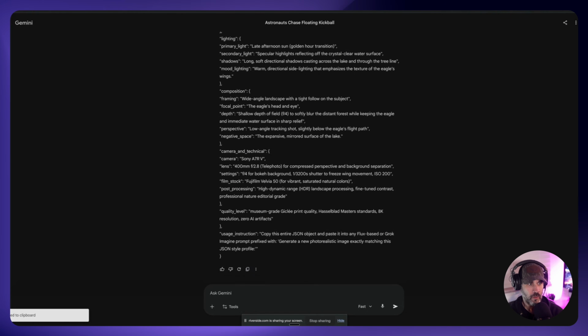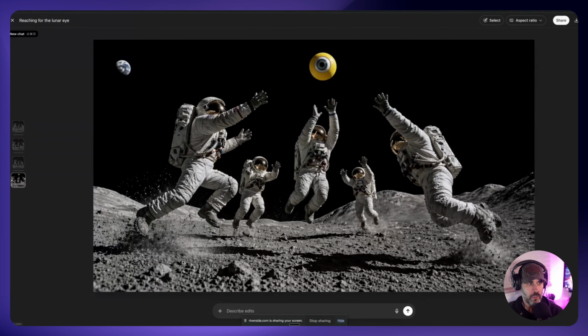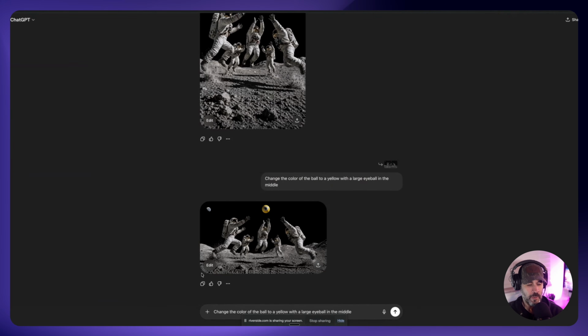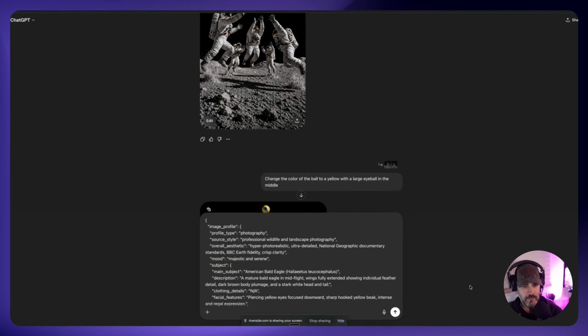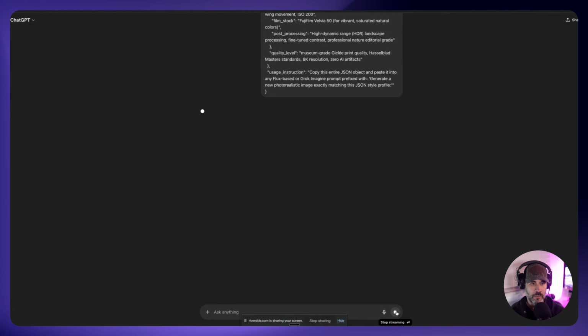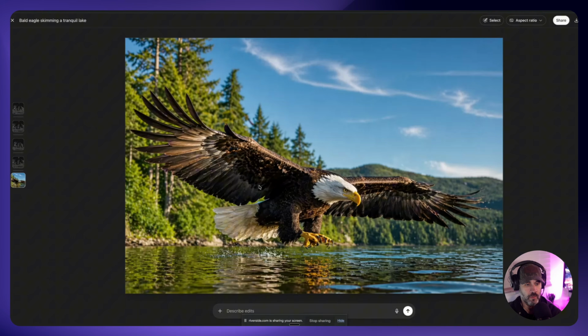Let's go back over and we are going to get out of this. So we're going back into straight up prompt and we are going to paste that in. We're going to keep it in the same chat. Should not be a problem. And let's see what happens with this one. All right, so here is the image here. Very cool image. So one thing that I want to do with this image is I just want to do one thing.